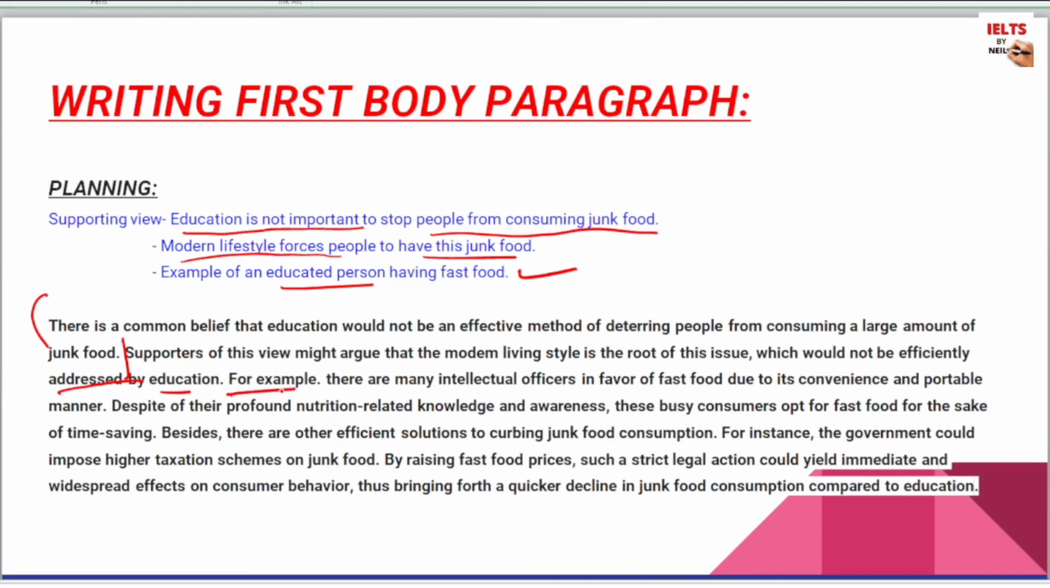Now, I've given an example also that there are many intellectual officers in favor of fast food due to its convenience and portable manner. So this is the example I've given of an educated person, intellectual officer, to prove that education doesn't work or education doesn't help in consuming less junk food. So this is the first body paragraph. Now, coming on to the second body paragraph,